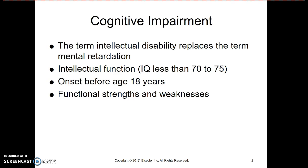And really this is defined by having an IQ below 70 to 75. If you remember IQ exams, the norm is 100 and a standard deviation is 15. So this means you're more than one standard deviation below the average. And this has to start before 18 years old and include,